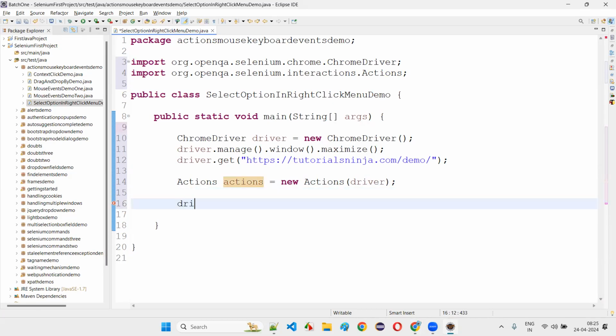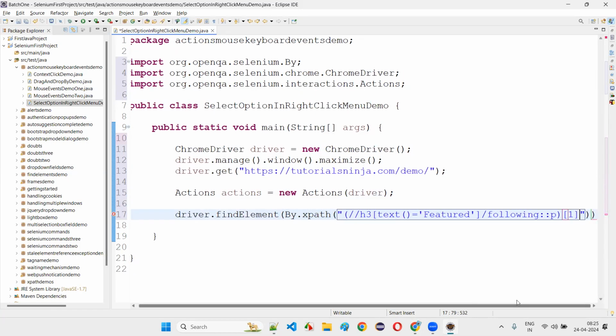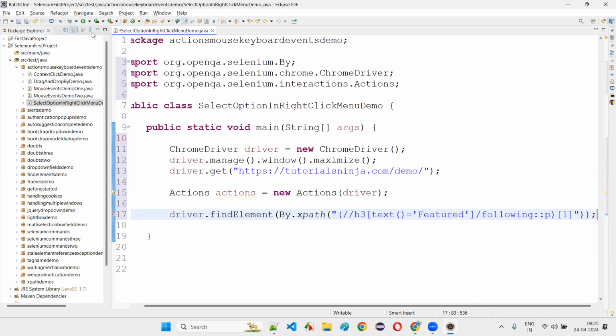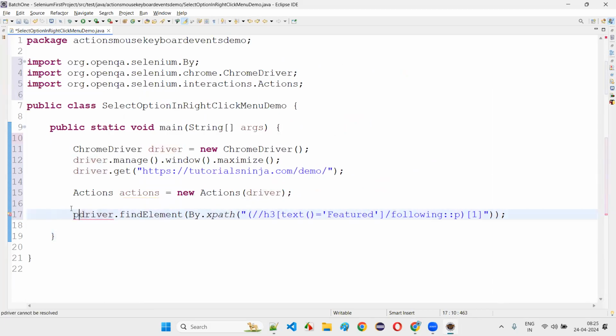Then actions dot. Sorry, create a web element for that. Driver dot find element by dot XPath. Provide the XPath expression of that paragraph text under that product paragraph text. Put a semicolon here. And after that, I'll say para text is equal to,